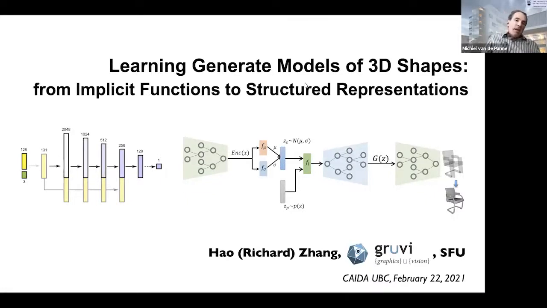So it's really our absolute pleasure today to have Richard Zhang present for us. And so he'll be presenting on, as you'll see in front of you, learning to generate models of 3D shapes, from implicit functions to structured representations. And so, Richard, we know very well as a neighbor